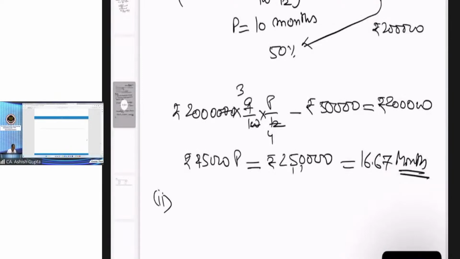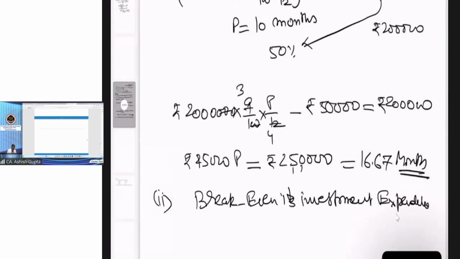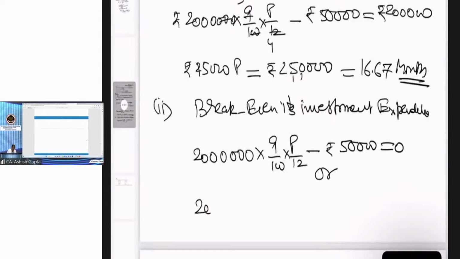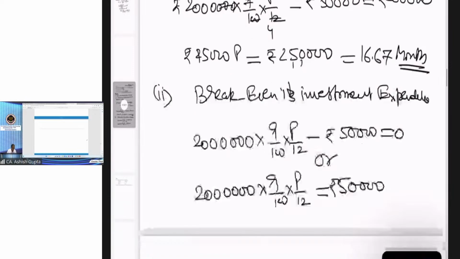Now next is break even. It is the investment expenditure, minus rupees, or we can write it like that. Okay, so the answer will be